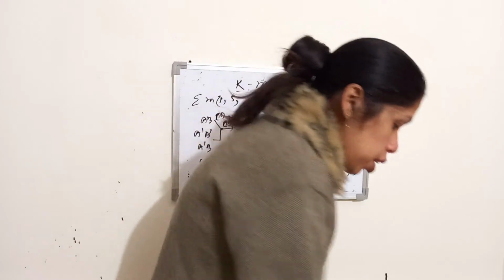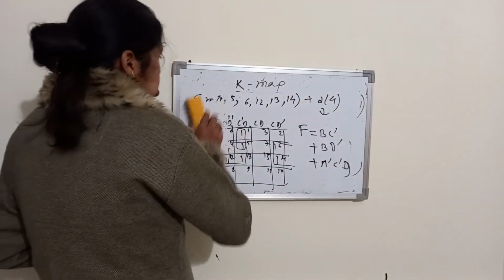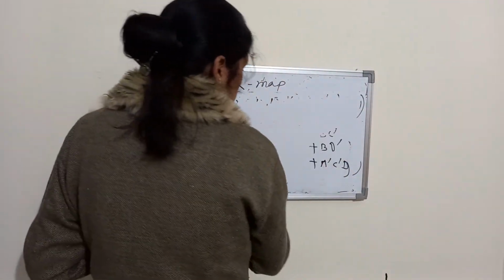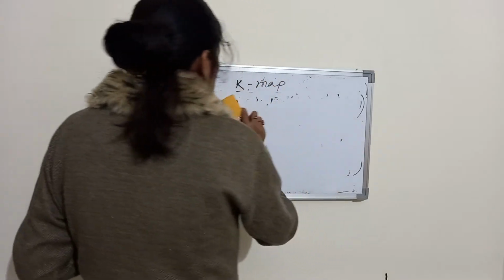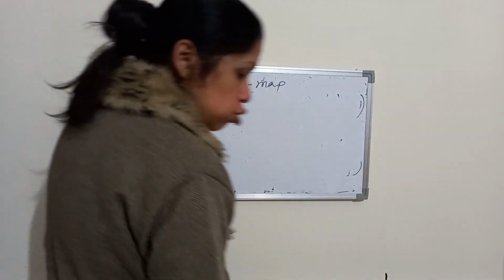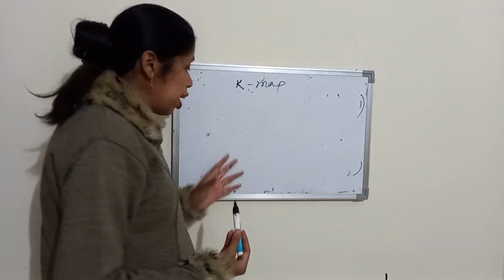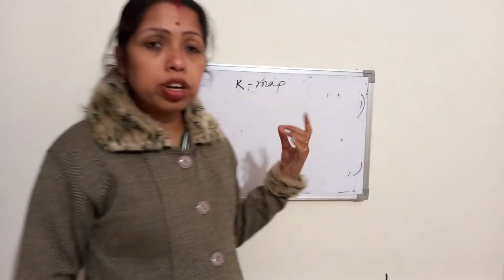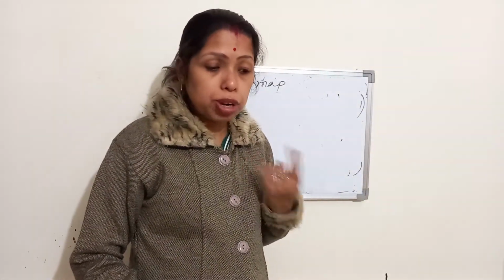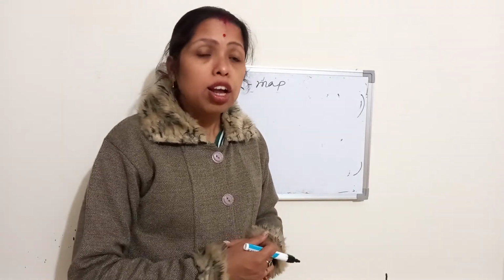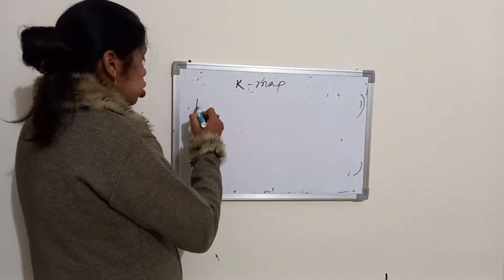So the K-map, how you can minimize the min terms and max terms by using K-map, these topics are already covered. One small topic I want to discuss: sometimes you have to draw the logical diagram for the minimum expression. Whatever minimum expression you are getting, you have to draw the logical diagram. Right. So suppose you have